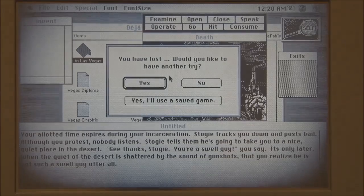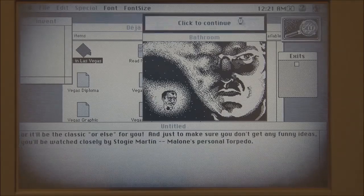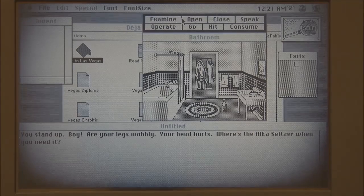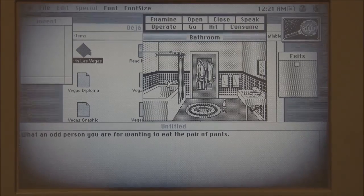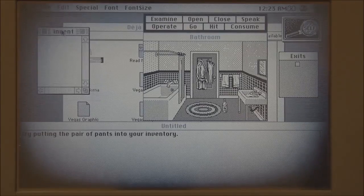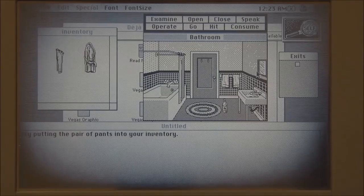Let's try that one more time. So I think first, yes, all right, yes, continue. So now I think if I do consume, maybe? I need to work out how to... Right. That's interesting. I need to figure this out. I'll be right back. Okay, I think I figured it out now. This window here doesn't mean invent, it actually means inventory. So I believe if I take that and that, now I should be able to...